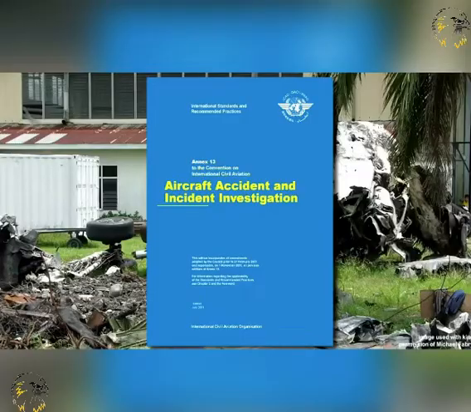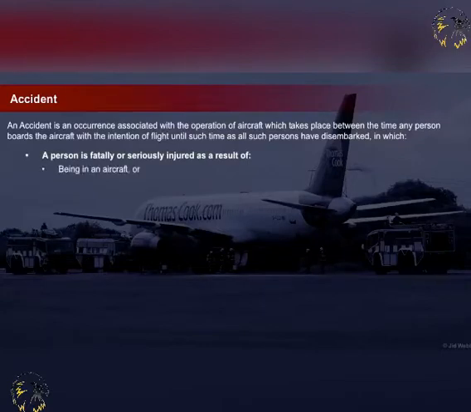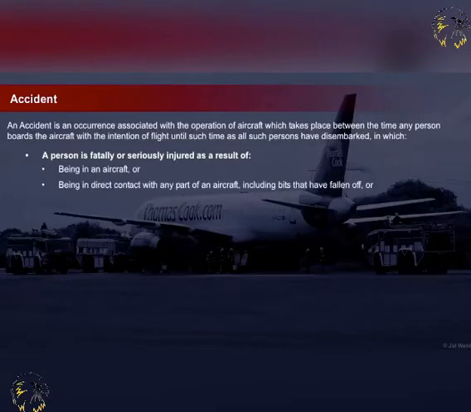ones now. An accident is an occurrence associated with the operation of aircraft, which takes place between the time any person boards the aircraft with the intention of flight until such time as all such persons have disembarked, in which a person is fatally or seriously injured as a result of being in an aircraft or being in direct contact with any part of an aircraft, including bits that have fallen off, or being exposed to jet blast, or the